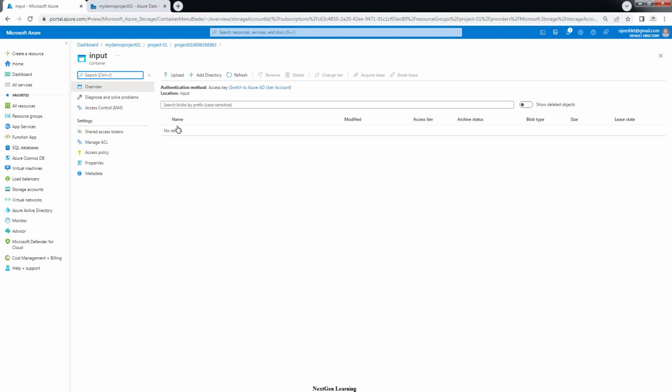There are various ways to interact with this container. You can upload the file to this container by using different tools. Right now we are using a browser based approach. Once you are inside this container, you can see this option for uploading. Again, if you want to create one more directory inside this, we have this option. I'm just uploading this using this upload option